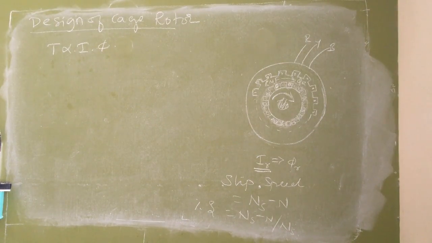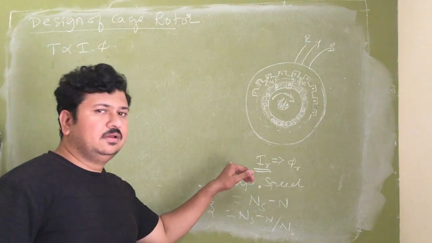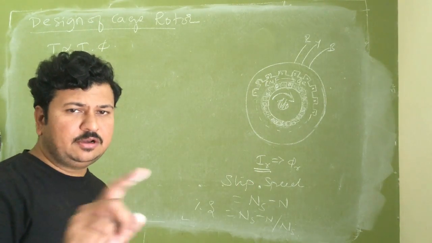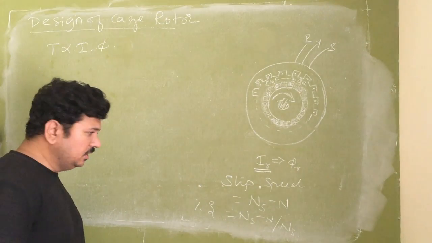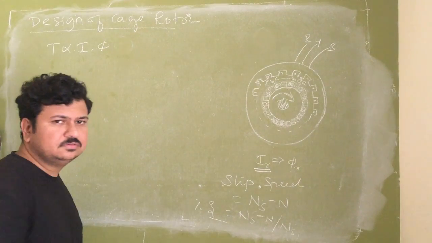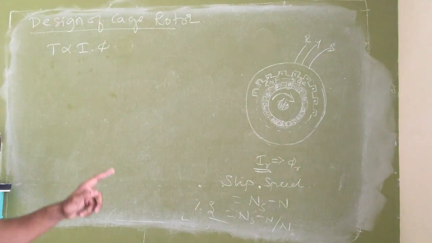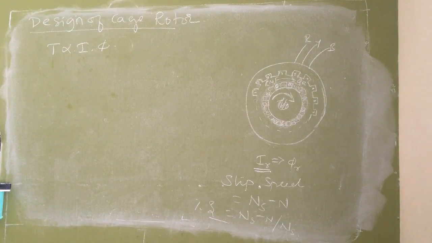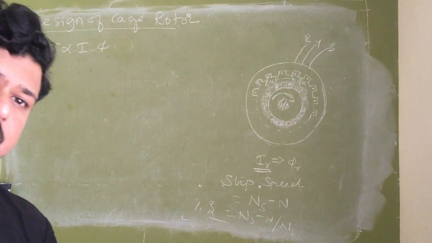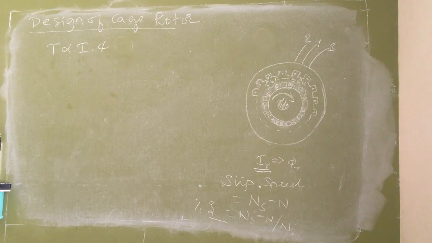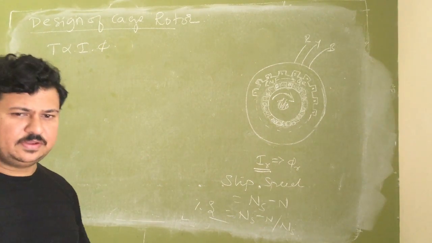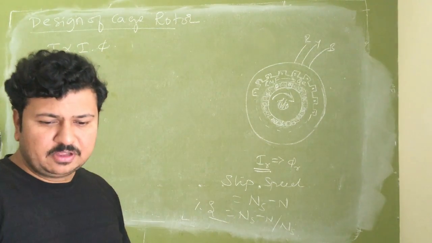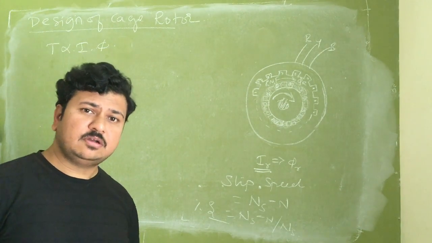The rotor current depends upon the rotor voltage, and rotor voltage depends upon the relative speed, and relative speed gives us the slip. So the torque produced also depends upon the slip. This is why I said the torque slip characteristic, or torque speed characteristic, of the induction motor is very important to understand